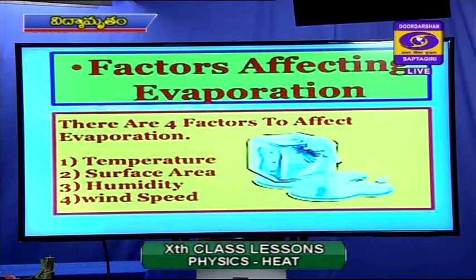This is a very important question. Based on this topic concept, they will ask you a 1-2 marks experiment also. There are 4 factors, that is temperature, surface area, humidity, wind speed. You have to note down these 4 factors. Factors affecting evaporation: temperature, surface area, humidity, wind speed. Now you can see